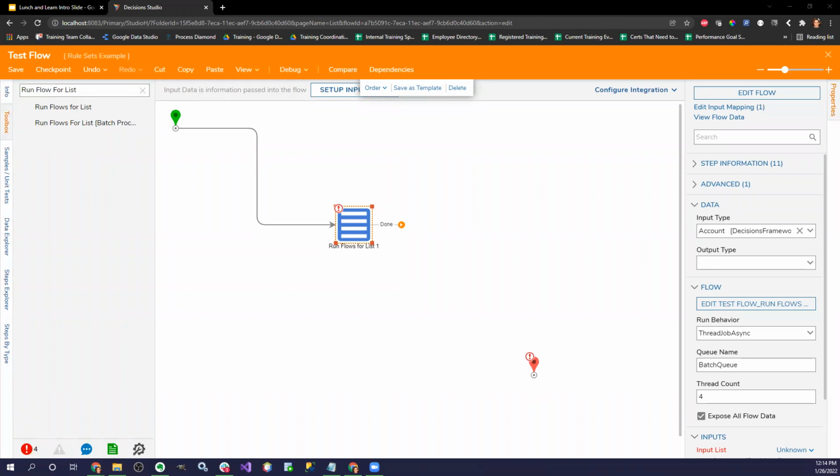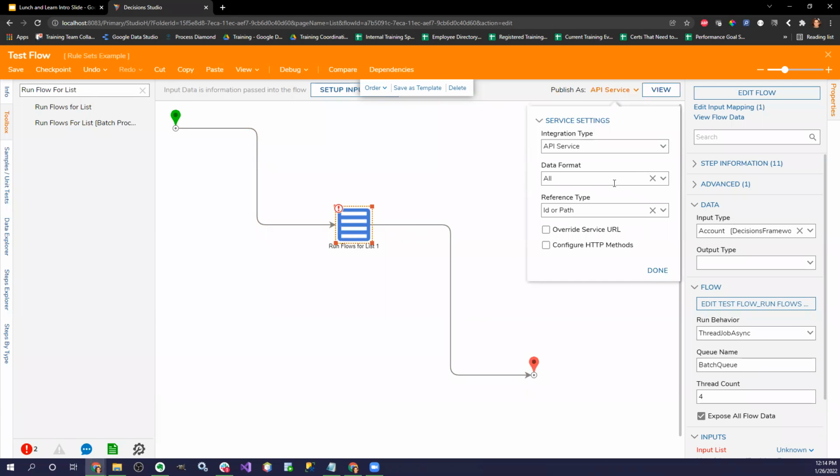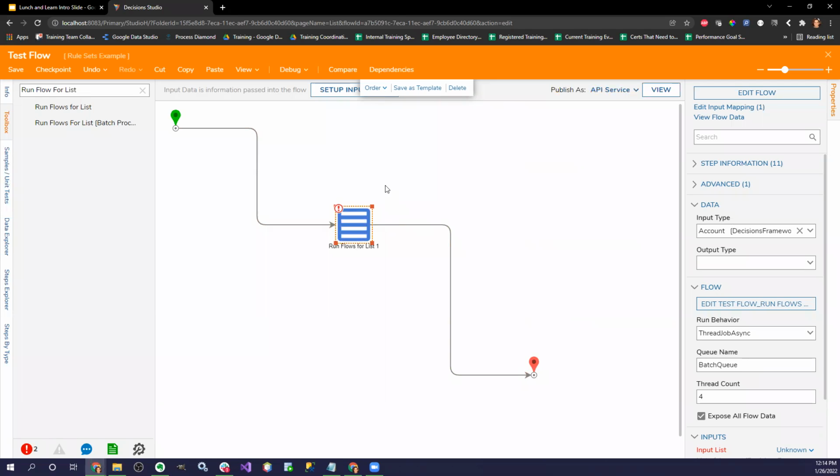What parameters would change this link if we modify anything in the flow? Good question. So the only thing that would change it would be if you modified the inputs and the outputs. So let's say I configure this as an API service, I'm going to allow get and post calls, and I'm just going to click done.